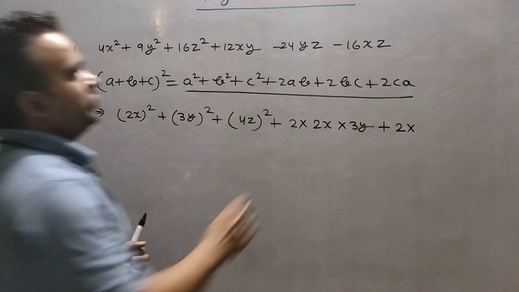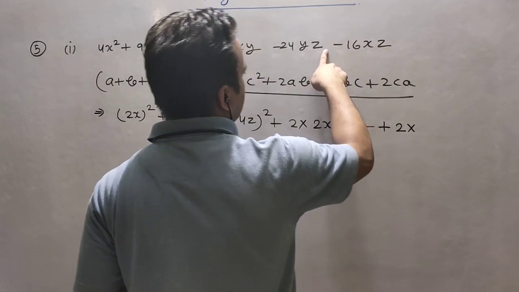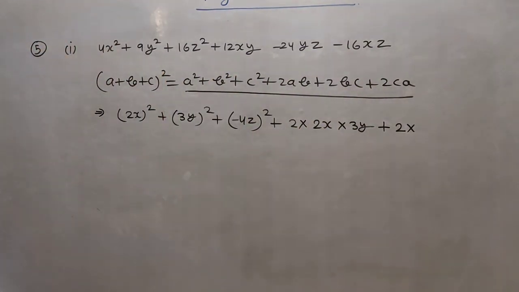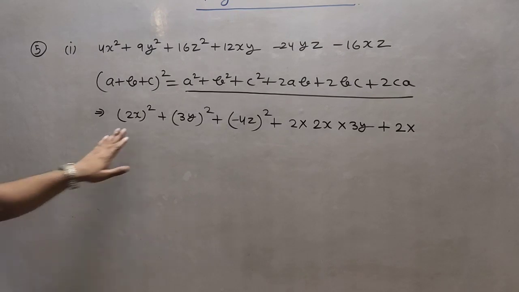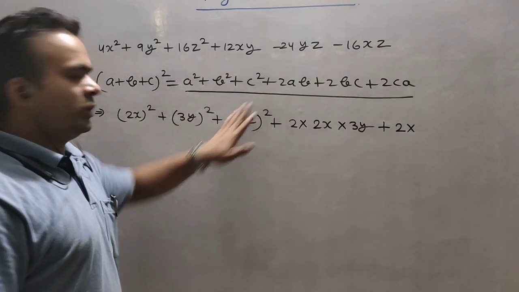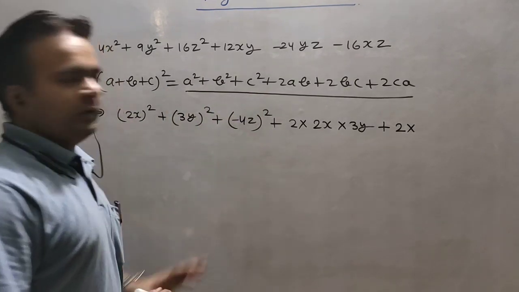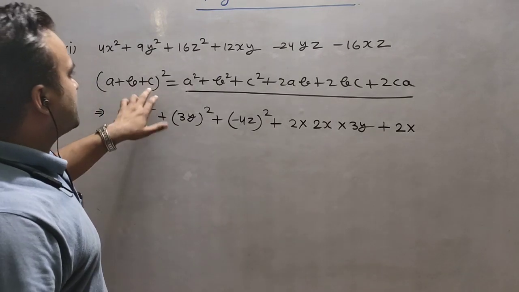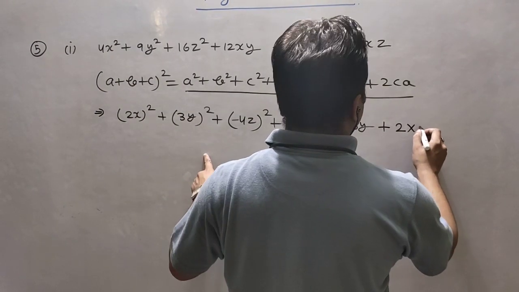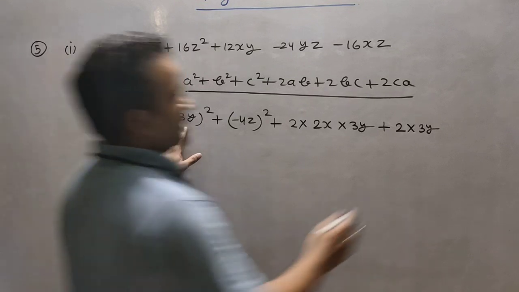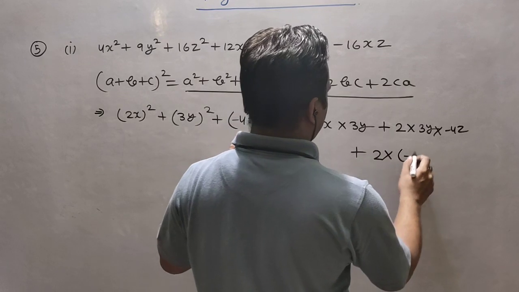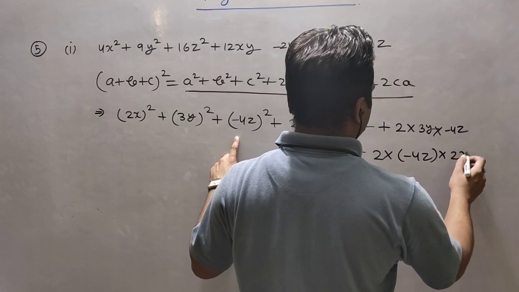So the better way is, if you see the common part is z, so we will put the minus on z in this case. So this is in minus form, right? So 2x whole square plus 3y whole square and minus 4z whole square. It is already plus, because if we do the square of minus, it is already plus. But we are putting it here so that we understand that this third term is in minus form. So if the third term is minus, can we write 2 into 3y into minus 4z plus 2 into minus 4z into 2x.